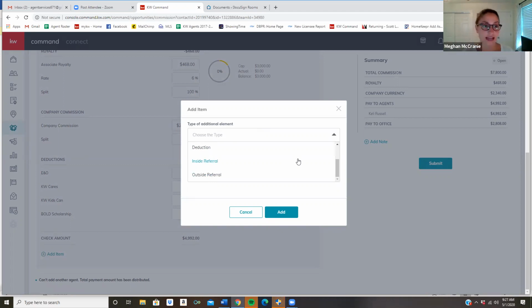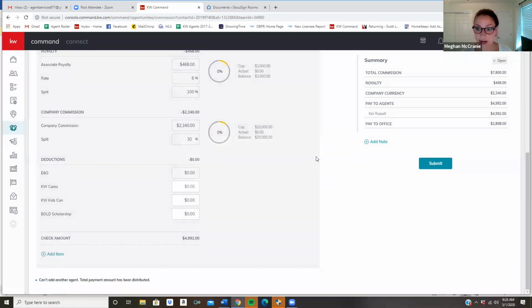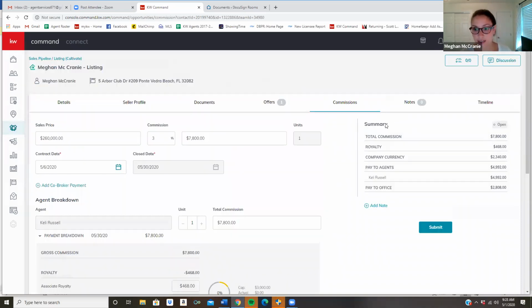As of right now, teams are set up a little wonky on here. So if you guys are having trouble as a team, you need to reach out to your MCA or your agent services to determine how to set up that split, because it's not going to be automatic. That is on an individual basis, so team leaders or rainmakers, reach out to your MCAs or to your ASC, and we'll determine how you need to do this. Now, add item there, and then also on the right-hand side, you're going to have add note.